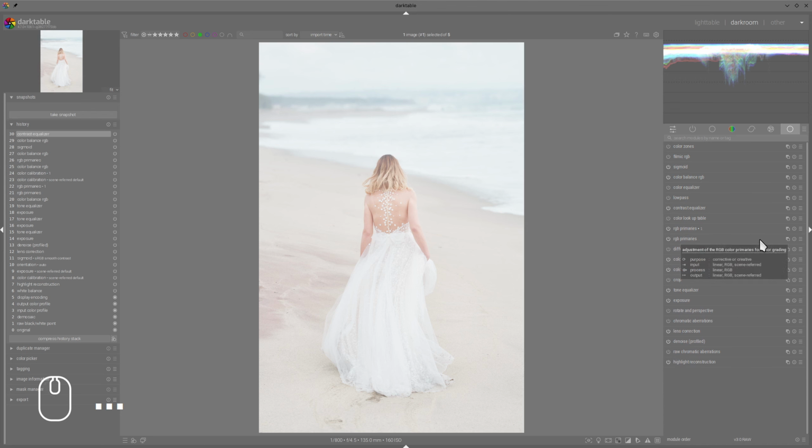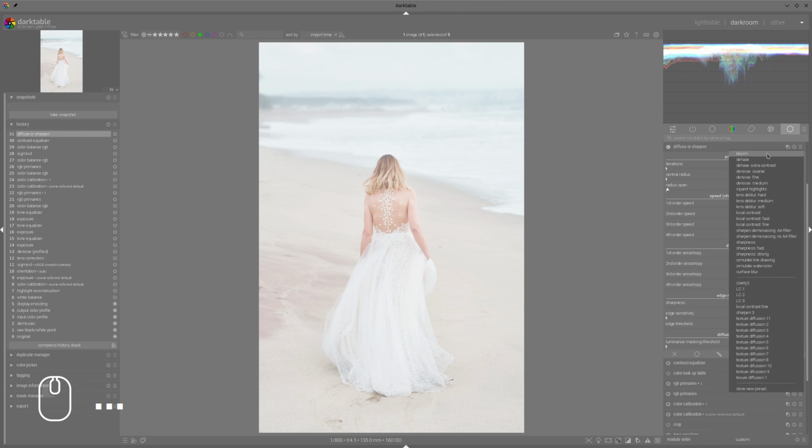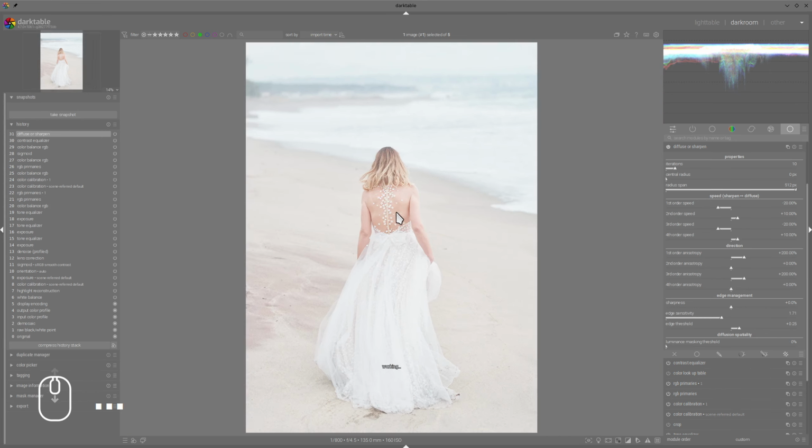So now I could mask the whole area, but I would like to add high frequency contrast only on that area. So I will use diffuse and sharpen and go above contrast equalizer, and also use something like dehaze. Maybe lower the edge sensitivity a little bit, then we have a bit more local contrast there. And now